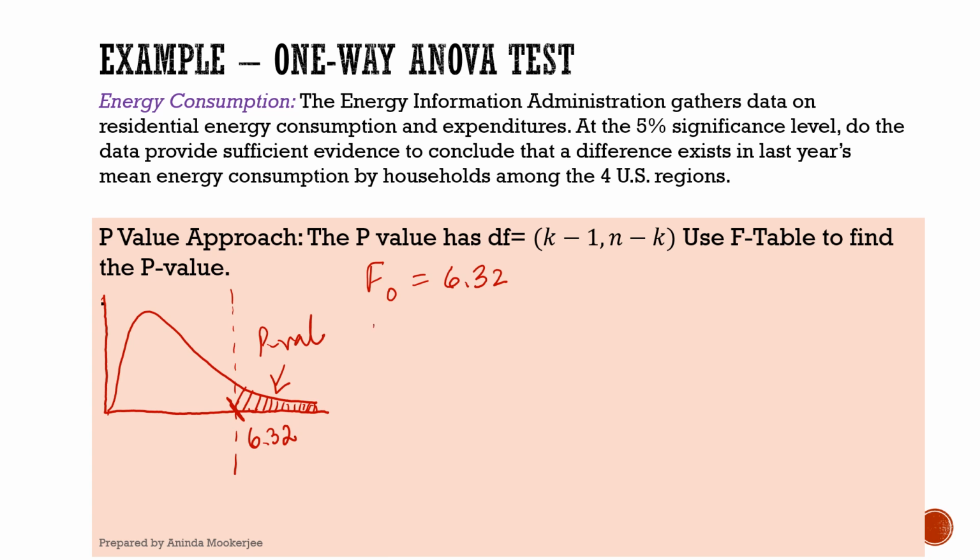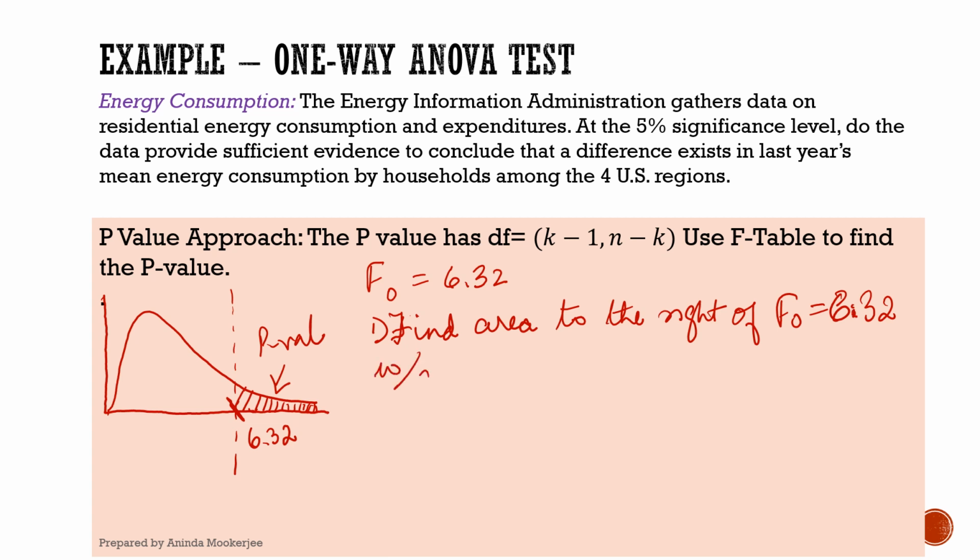So what we are doing here is finding the area to the right of F sub 0 equals 6.32